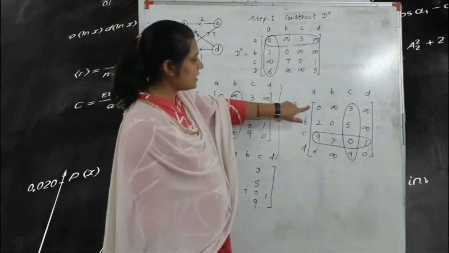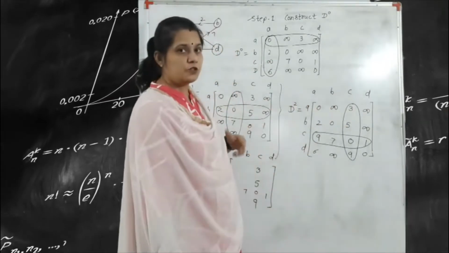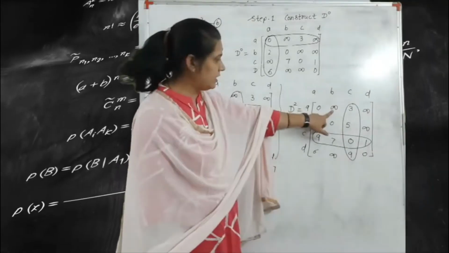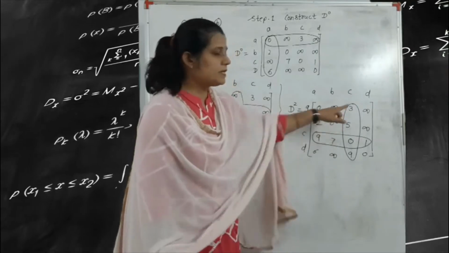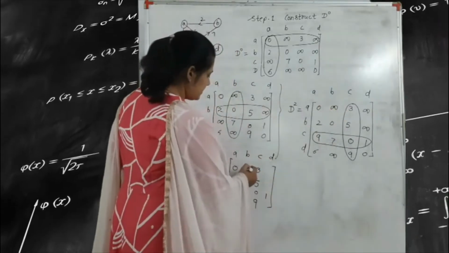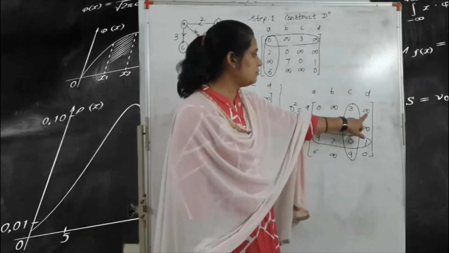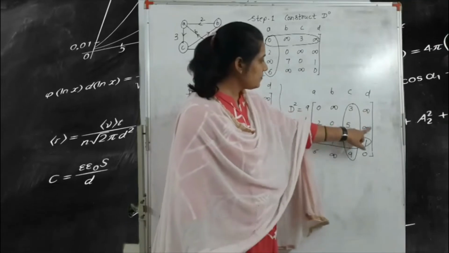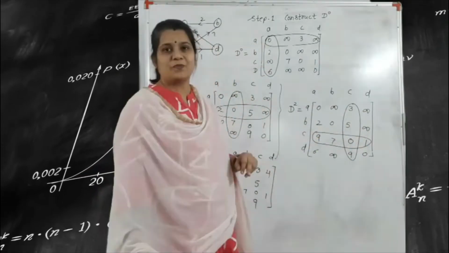That means first you write here 0. So 9 plus 3, 12. So 12 is greater than 0, so we write here 0. This is your infinite value. So the highlighted values are 7 and 3. So 7 plus 3, 10, and 10 is less than infinite, so we write here 10. Okay, next highlighted value, we find the infinite in the place of. So the highlighted values are 3 and 1. So 3 plus 1 is equal to what? 4. So we write here 4.